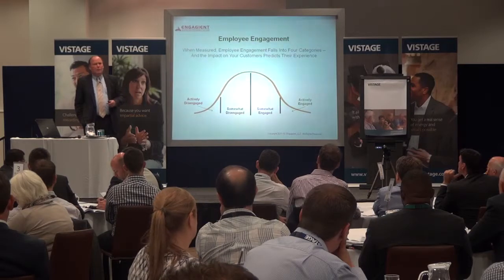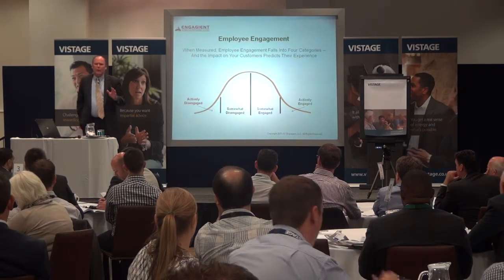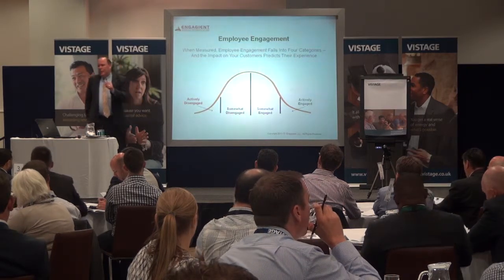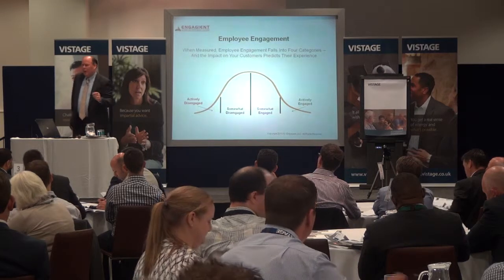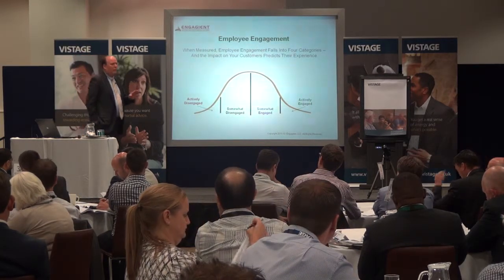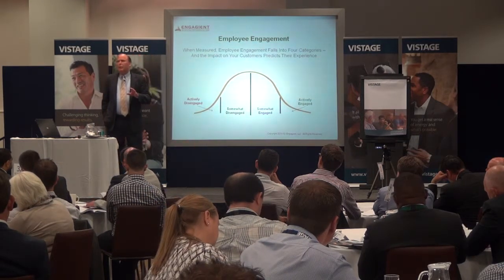Now, I want to give you some characteristics of these four categories, and I'll start with the actively disengaged. The productivity, this is the global average for the actively disengaged. They're giving you about a half day's work for a full day's pay. So you're paying them 8 hours, they're typically giving you about 4. So their productivity multiplier is 0.5.